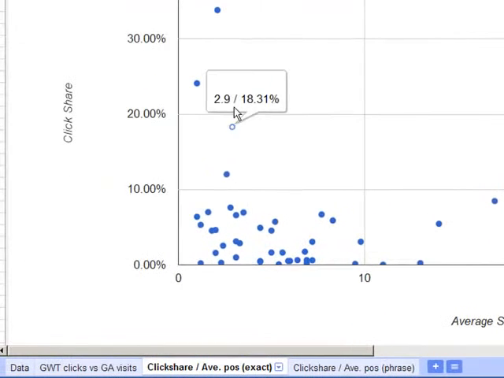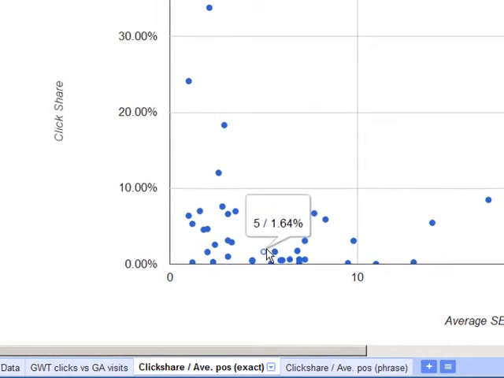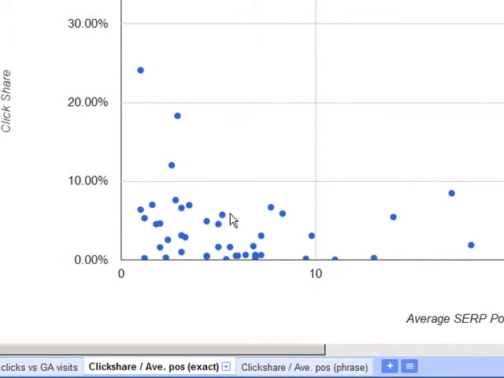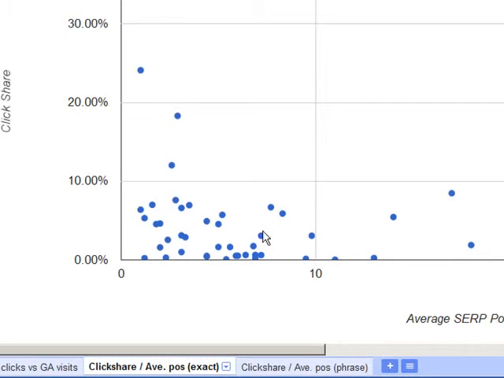And there are also quite a few keywords that seem to be underperforming. Looking at the graph there, for position 5, we've got results ranging from 5.7% down to 1.6%. According to this, down at position 5, we should be getting about 5% of the clicks, roughly.